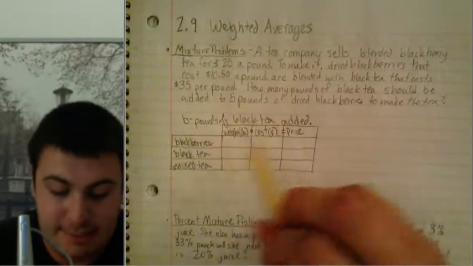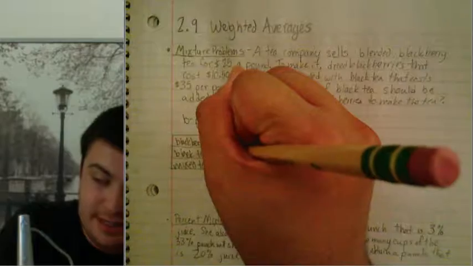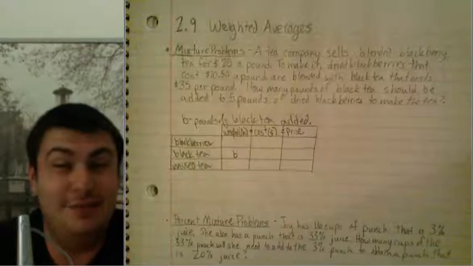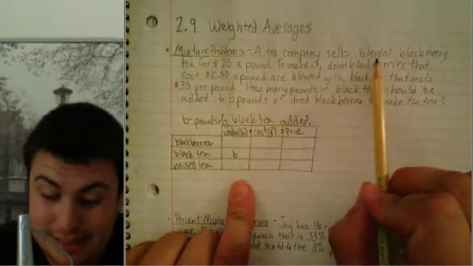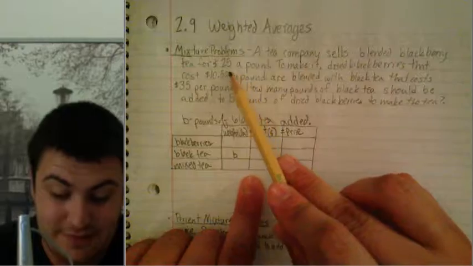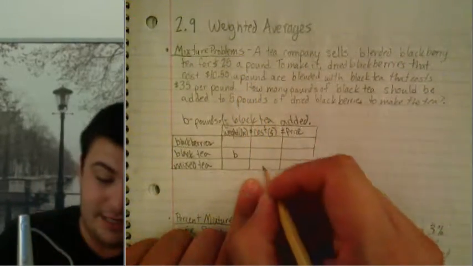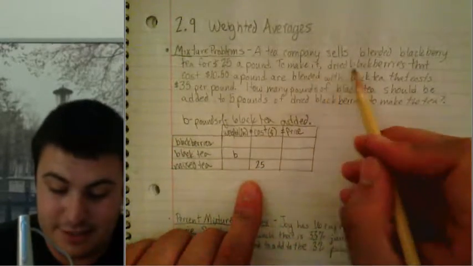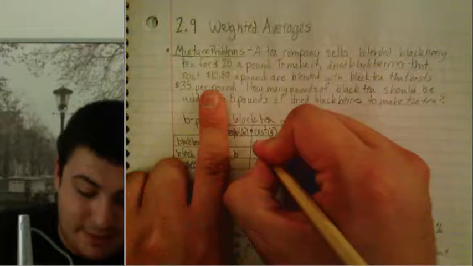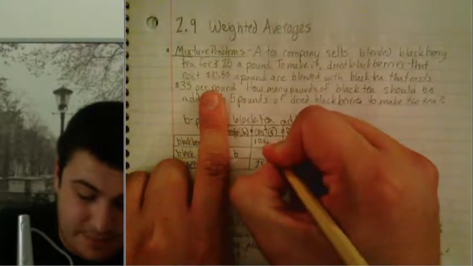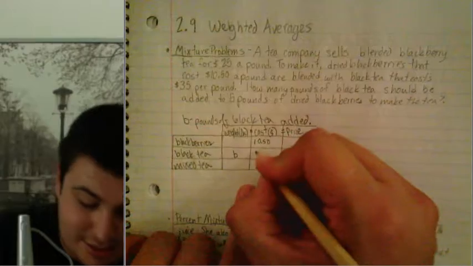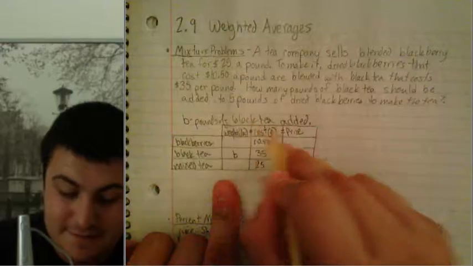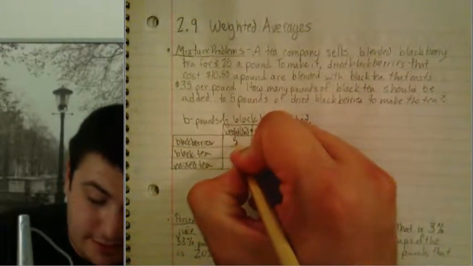So let's see, B is the pounds of black tea that'll be added. So we know that that's going to go there. Let's reread the problem and see what else we can figure out. A tea company sells blended blackberry tea for $25 a pound. So we know that this cost of mixed tea is $25 a pound. To make it, dried blackberries that cost $10.50 a pound, the blackberries cost $10.50, are blended with black tea that costs $35 a pound. How many pounds of black tea should be added to 5 pounds of dried blackberries to